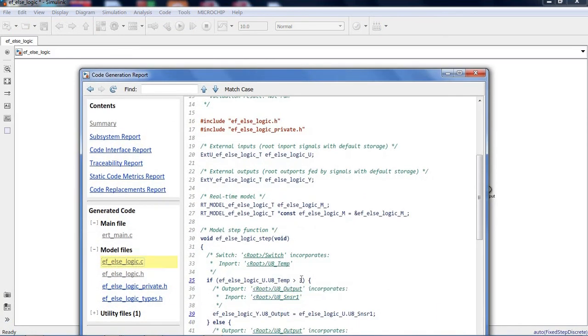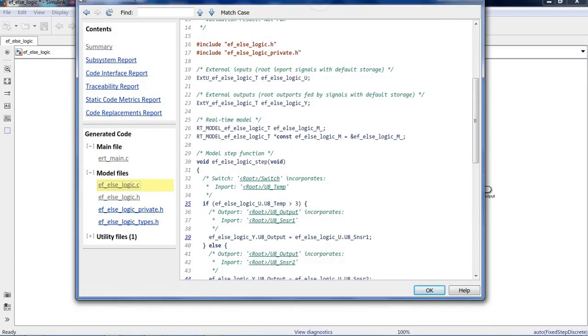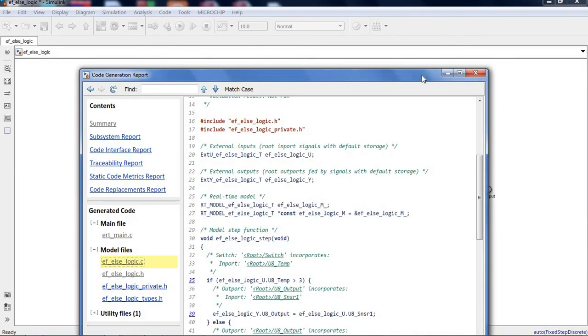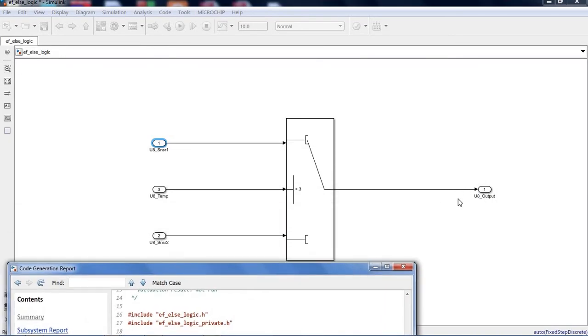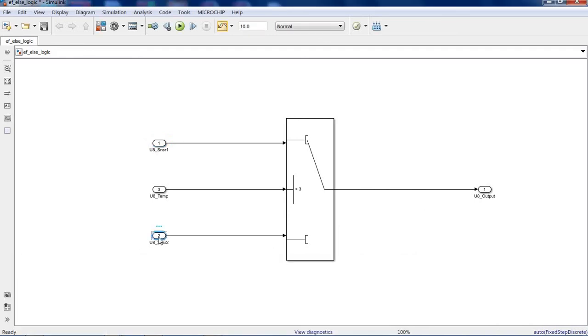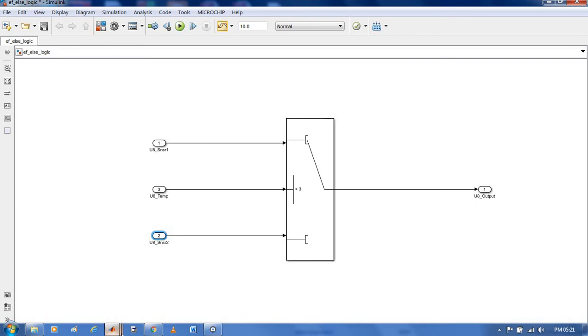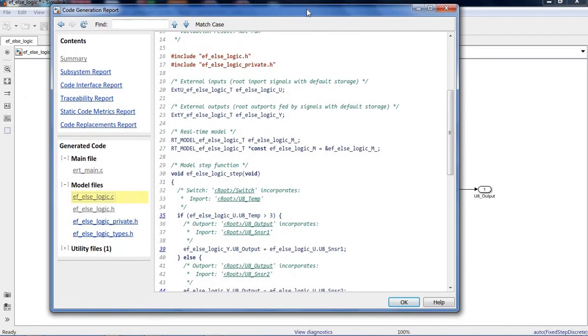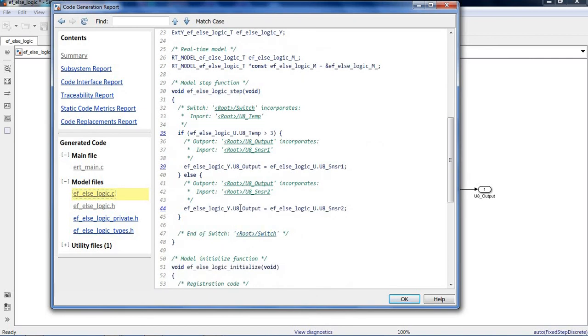If temperature is greater than 3, then output is equal to sensor 1, else output is equal to sensor 2.